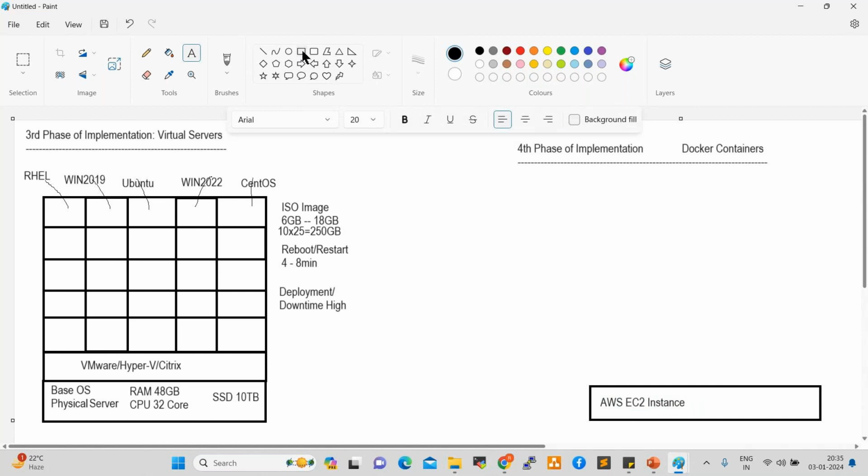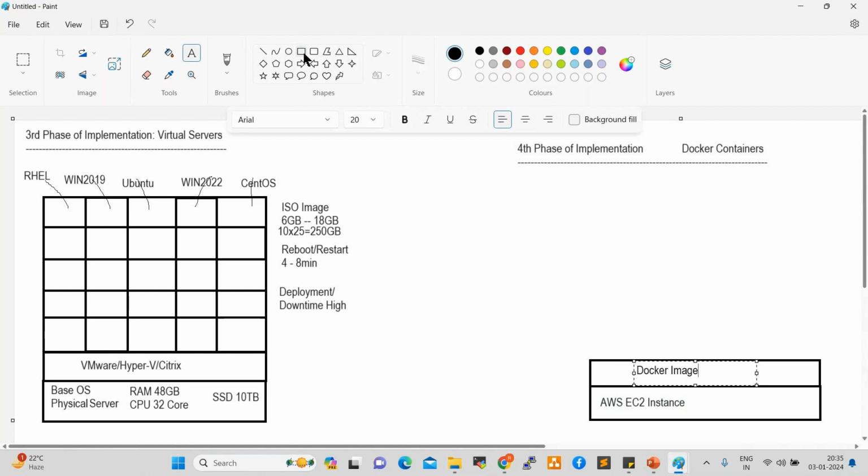On top of that, we can deploy one package, which is a Docker image. We can deploy one image, which is a Docker image.